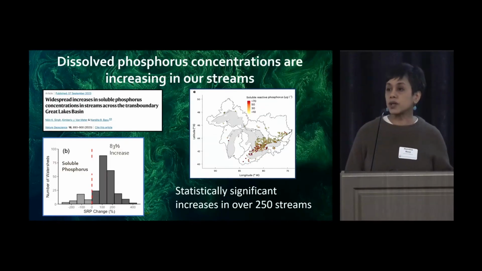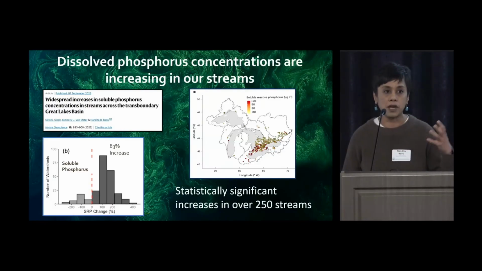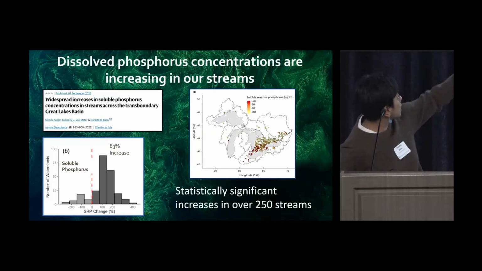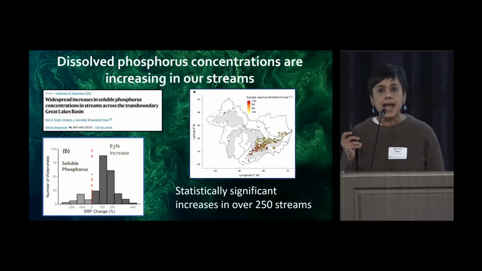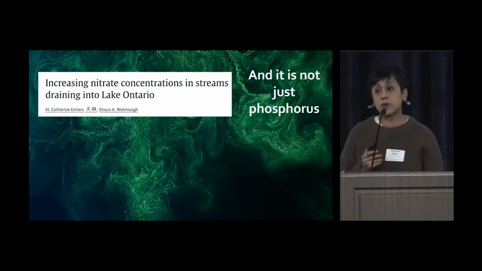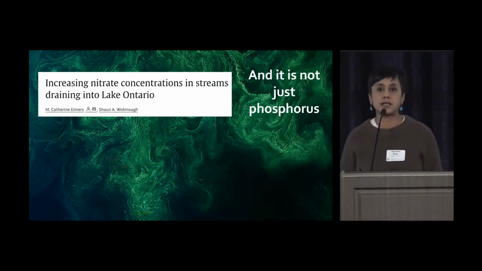Now, that was really concerning because for algal blooms, dissolved phosphorus is much more relevant than particulate phosphorus because it is more bioavailable. So that's the percentage of watersheds showing an increase in dissolved phosphorus. And it's not just phosphorus. This is a 2016 paper by Kathy Eimers and others that also showed evidence of nitrate increasing across this